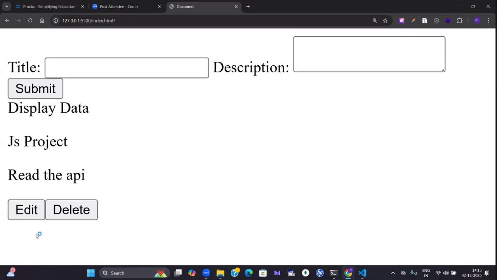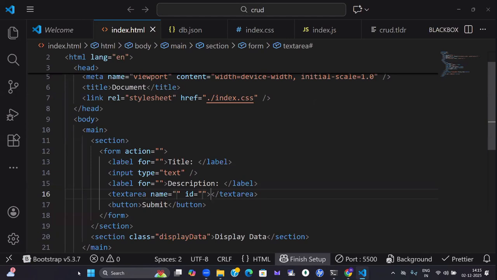Okay. So here what I'm going to do, that data which we are giving, through API, I want to send to the db.json file. Through API, I want to send the data to the db.json file, guys. So how to do that? That is a question for us. So before going to that, here we will use the